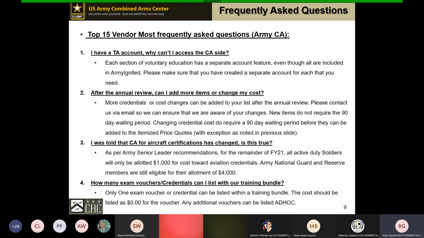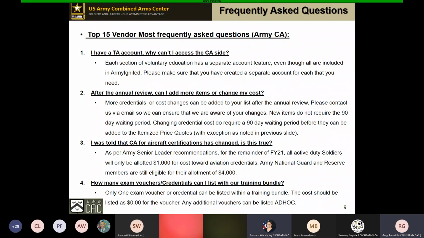This cost is reflected prior to the 90-day change. That way, when our CA team gets it and sends it over to finance, they know that that one shouldn't be rejected and it's at the cost that it should be before the change is made. I know that's a little difficult right now, but again, we're working with the system. We're trying to get it updated. But for now, this is an internal fix for us to be able to get that taken care of.